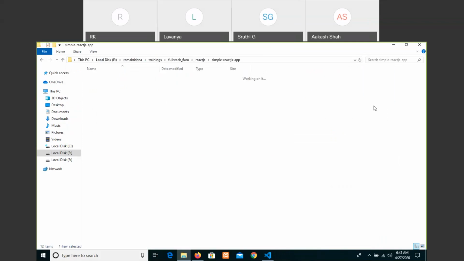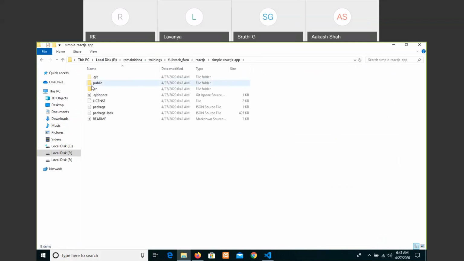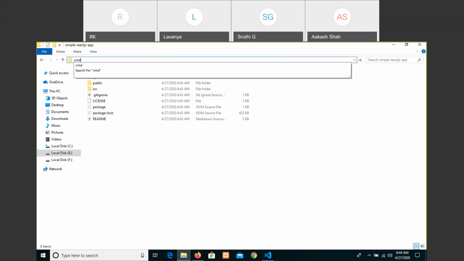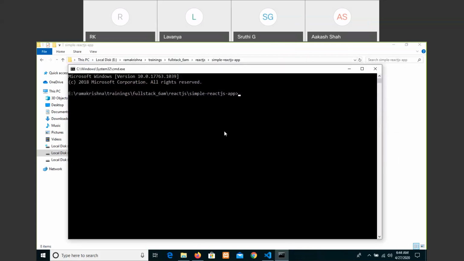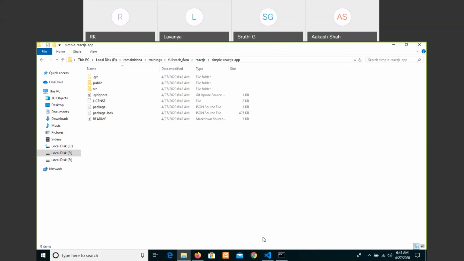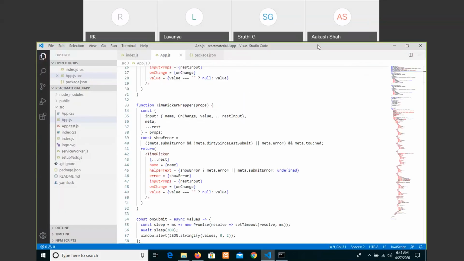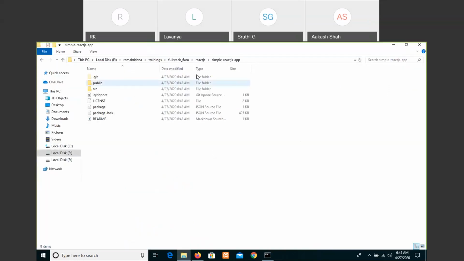With a sample or simple React app. And if you want to see, okay, as of now, there are no modules. What you have to do is enter into your application. Then you just type npm space install. That's it. Whatever it is having, let me open. As I said, I will install these required modules later, and tomorrow I will show that output.